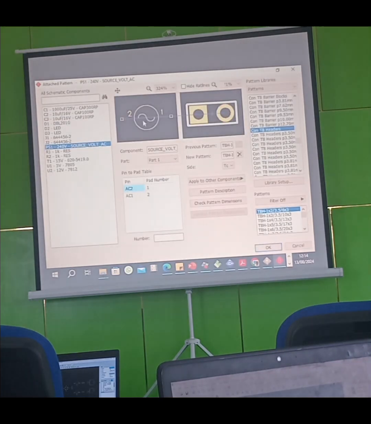So do you advise that we attach patterns for each component before we do? No, but this AC source now, we are trying to let you know that this connection point is AC source. When it comes to a schematic diagram, as an engineer, you should understand that what is coming to this point is AC, due to that graphical symbol. If you do not use that graphical symbol, we can just use, for example, now,